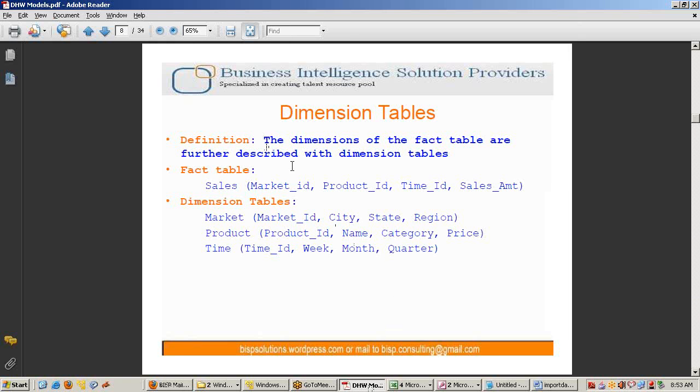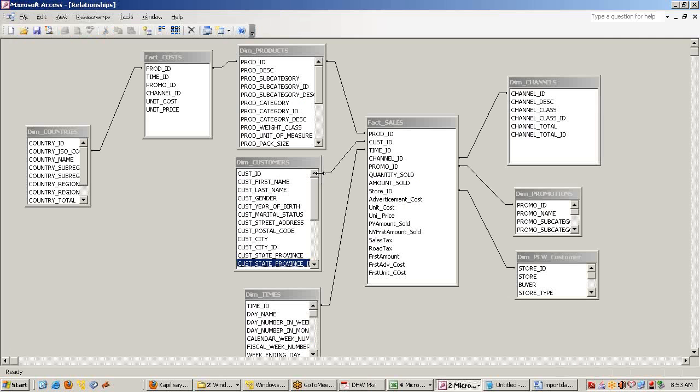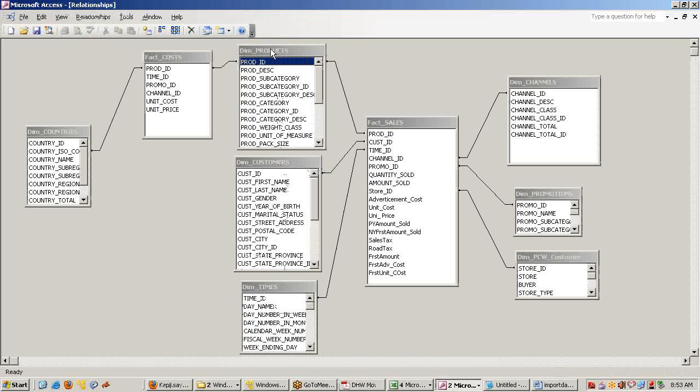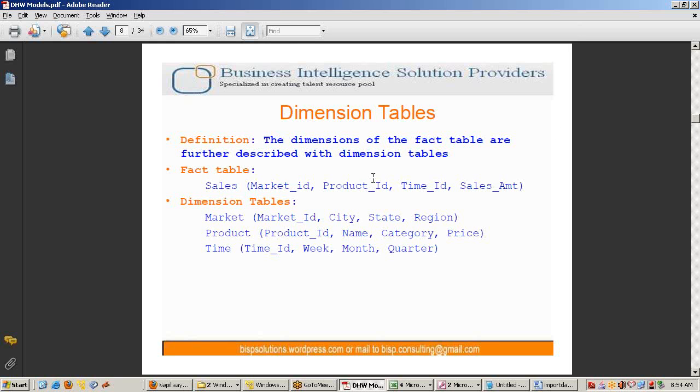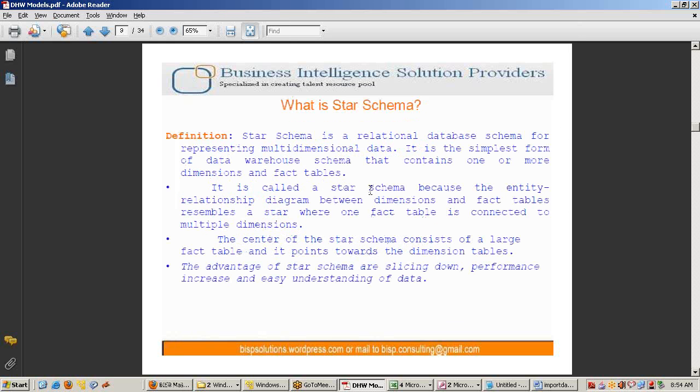So dimension is one integrated table which talks about one subject area, like customer dimension, one subject area is customer, product dimension, one subject area is product. Ideally, it should be like this. So star schema, as its name indicates, it looks like a star, and there is